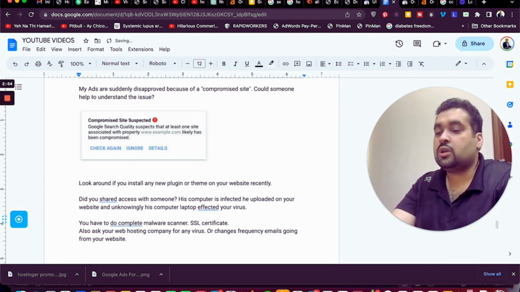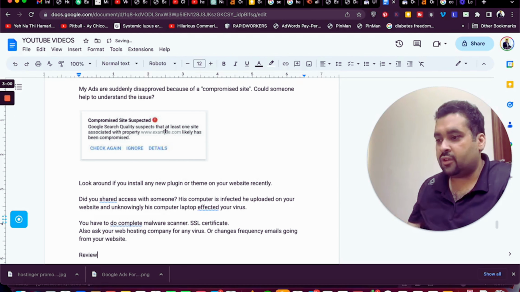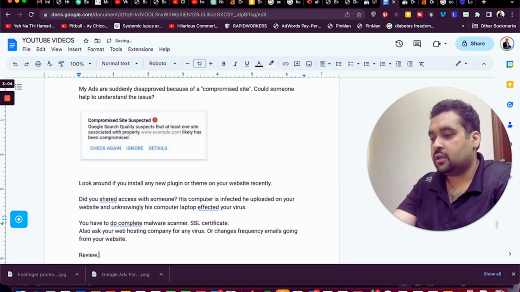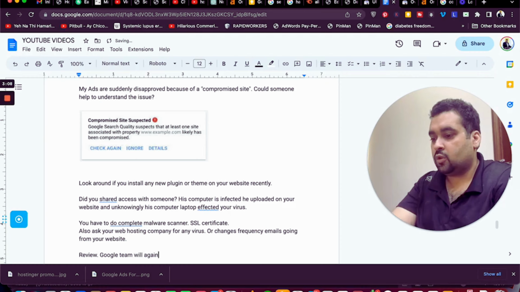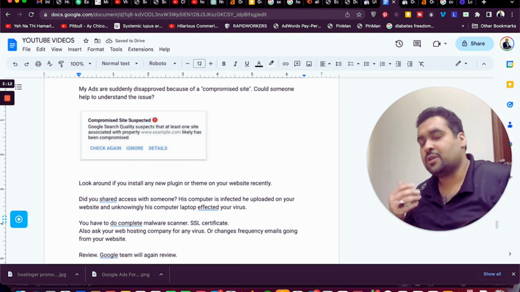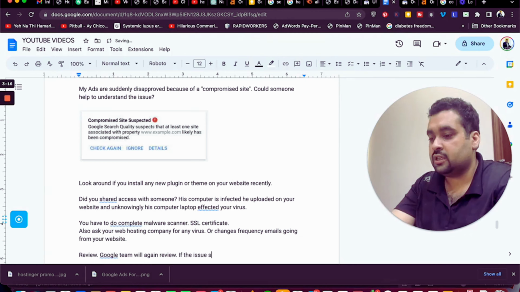Once you are done with these things, you have to press the review option. Along with the ad where you see this compromise, you will have an option of review. Select the review, and the Google team will review again. In case it's sorted, that's well and good, and congrats that your website is no more compromised. But in case the issue still persists,